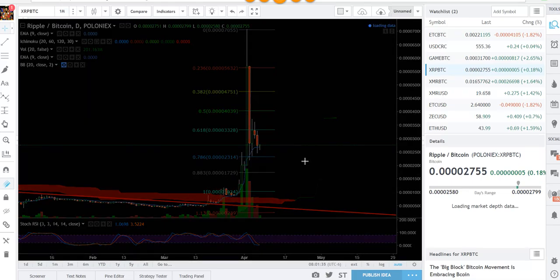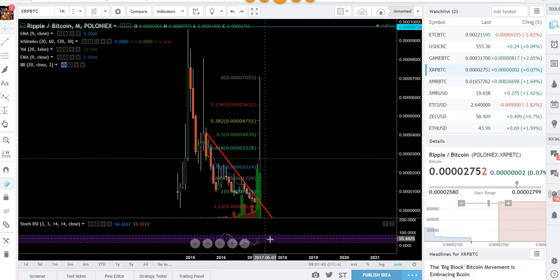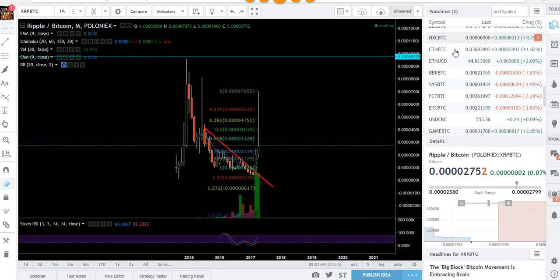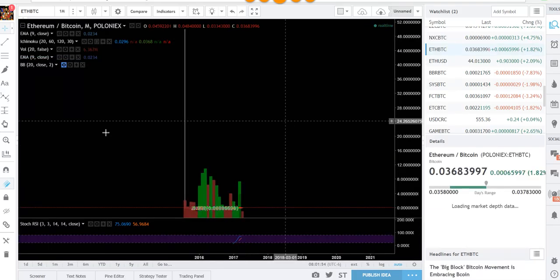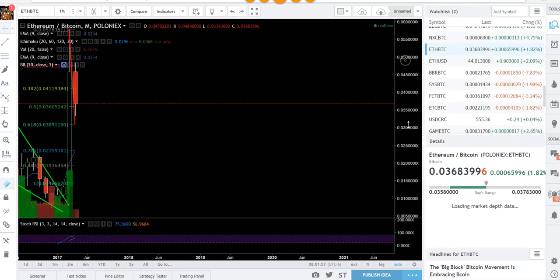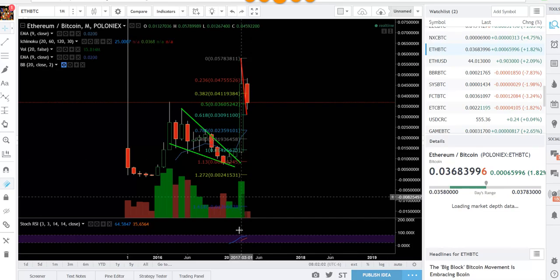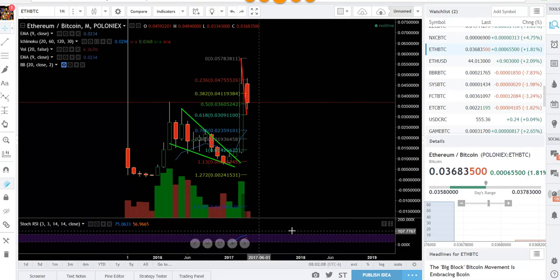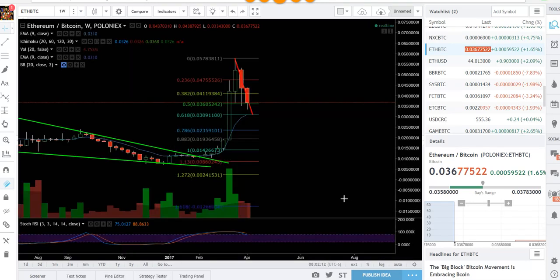Okay, and when we consult the chart, it's kind of telling us, yeah, Ripple broke this downtrend. It came all the way up to here. It'll probably consolidate for a while, but it has a lot of monthly strength to make a new high. A lot of monthly strength. When we look at Ethereum, when Ethereum broke out on a monthly level, again, Ethereum doesn't have tons and tons of data here, but we could tell that right here when it broke out, our monthly was going to grow. Our monthly wasn't going to start to decline. Our monthly was going to grow. And we check our weekly at that time. It also gave us an indication